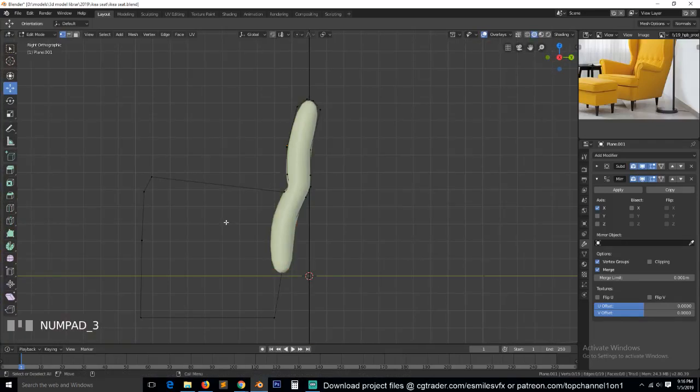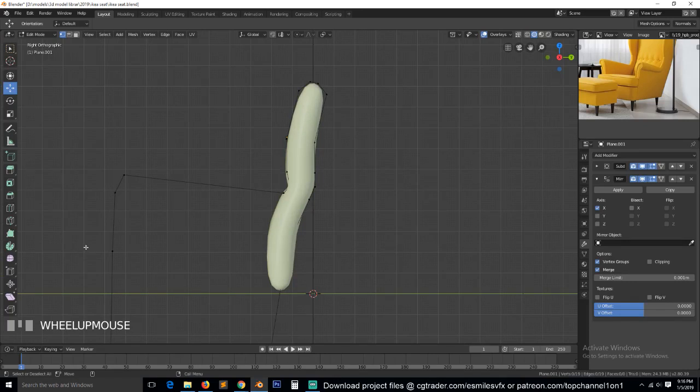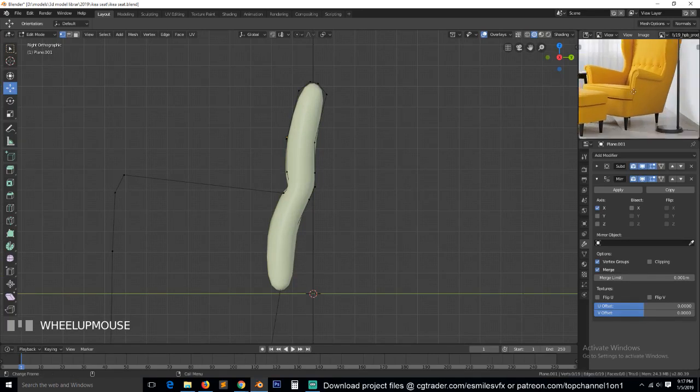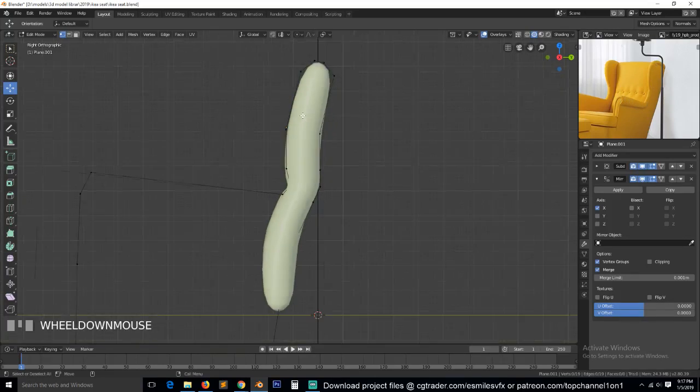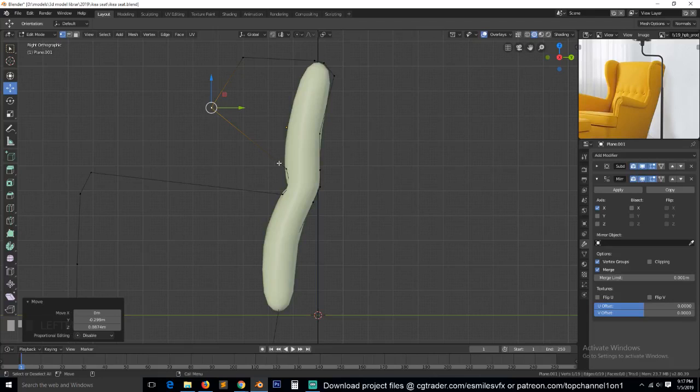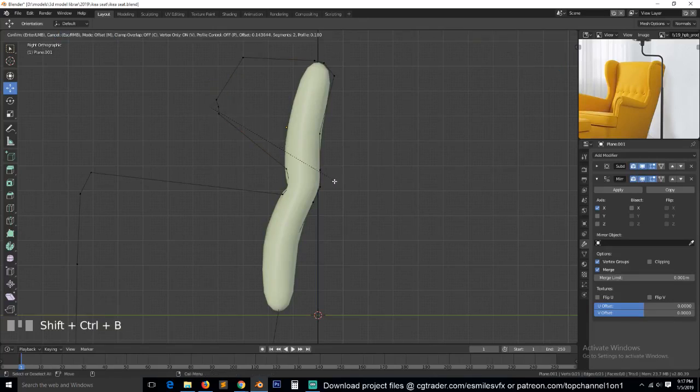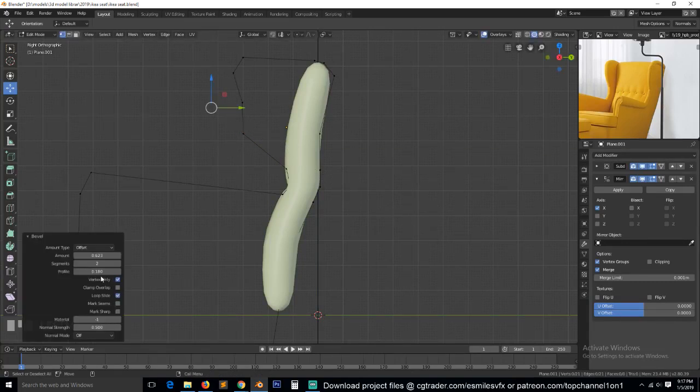Now this loop here that we have created can be the loop that is making the profile here. So I think we can also push these like this, and we need more resolution here, so we can use Ctrl B to bevel that edge and change the profile